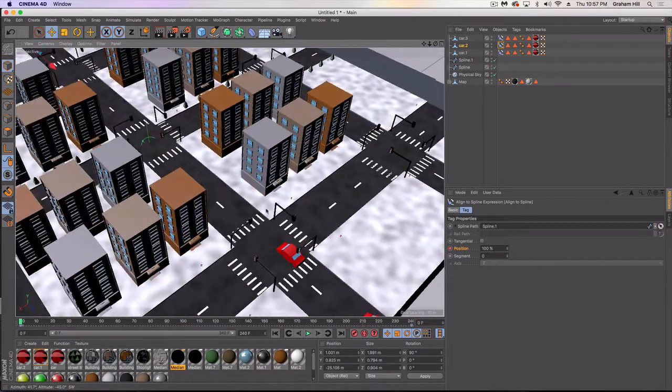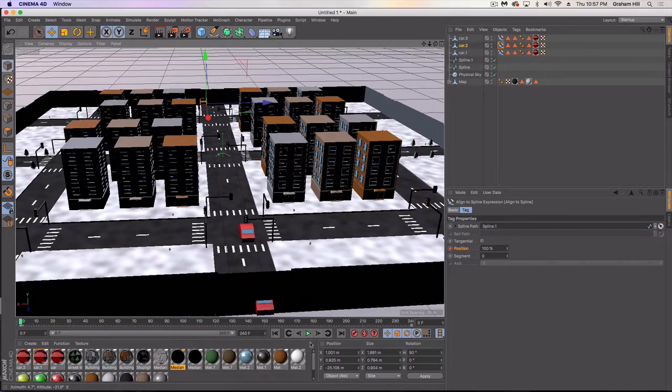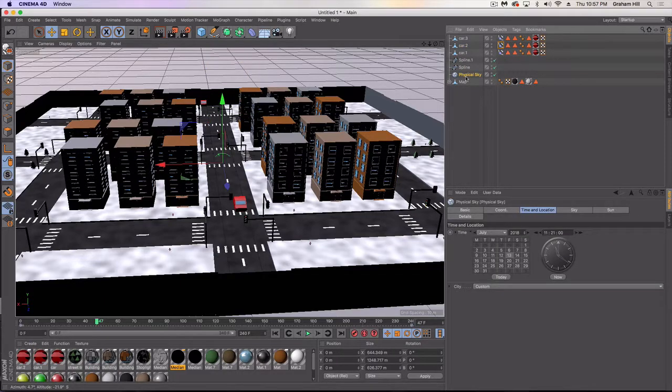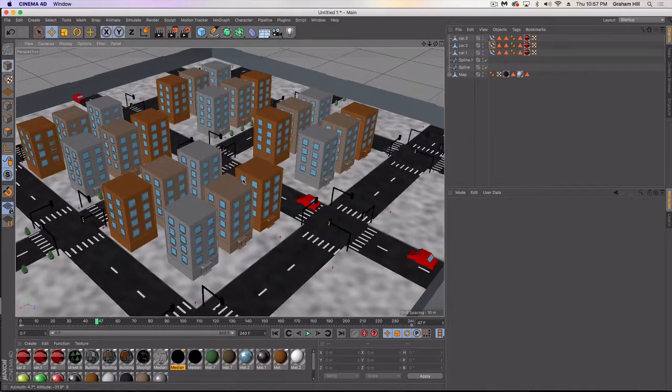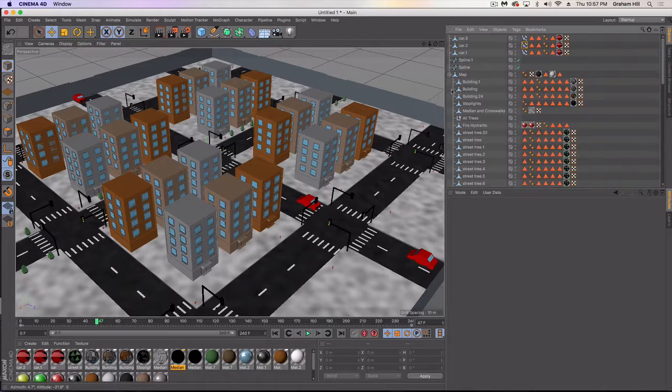Sorry that took so long. But when you do try to do these tutorials live, sometimes you run into issues like that. So now we've got our traffic going. We have our animation data. We're pretty much good to go. I don't need this physical sky anymore because I'm going to have to do that again when I get into Unity. So next step is going to be our big export and get this ready for